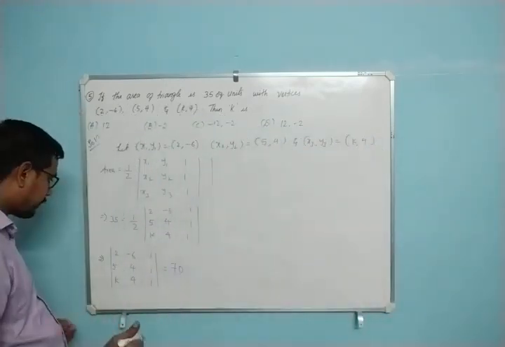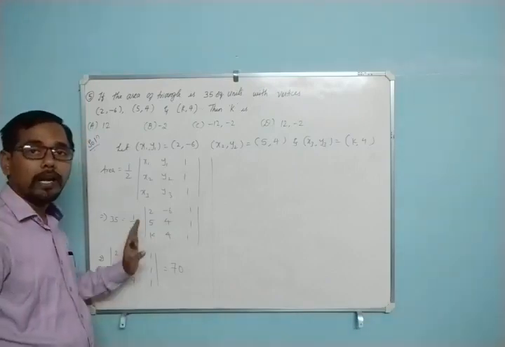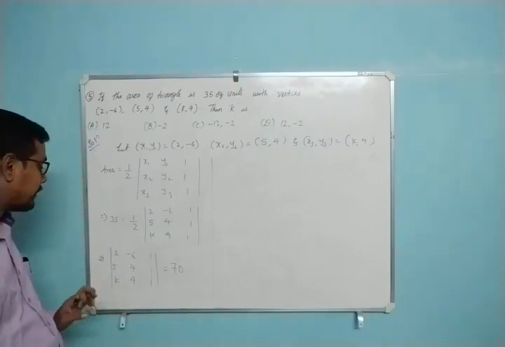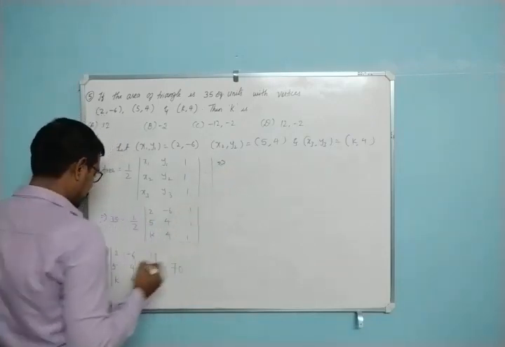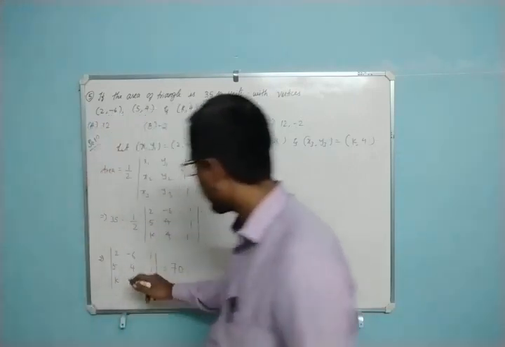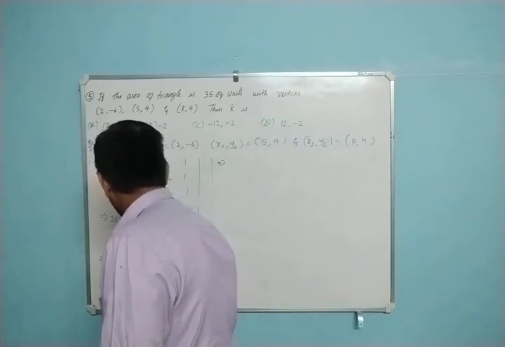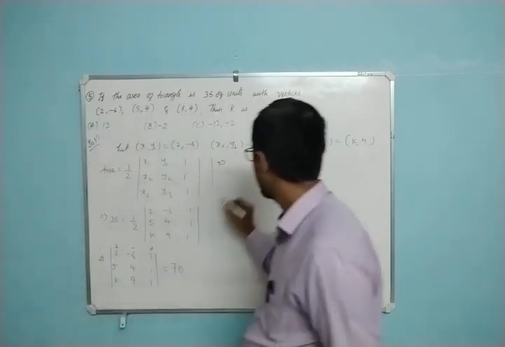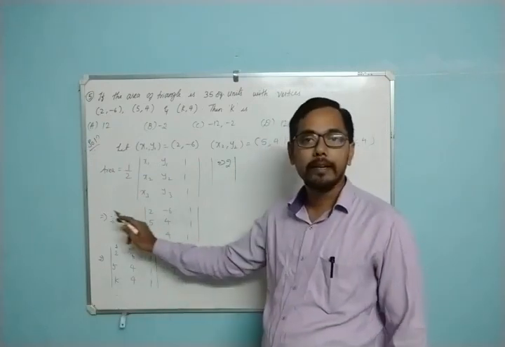So now, you can expand it through any row or any column. There is no difference over there, right? So let's expand it through the first row. So what do we get? Minus 2 we are having here. What will the symbols be? Plus, minus, plus. So plus 2 into, leaving the first row and first column,